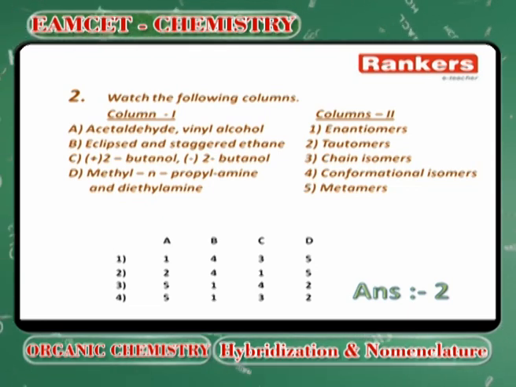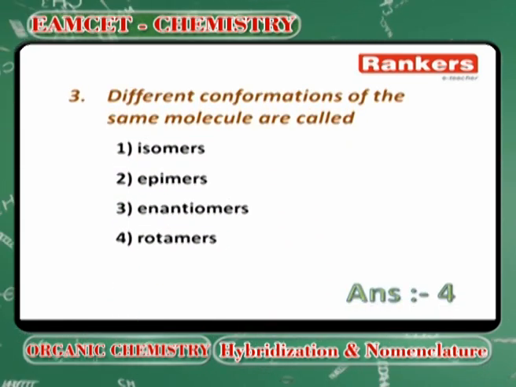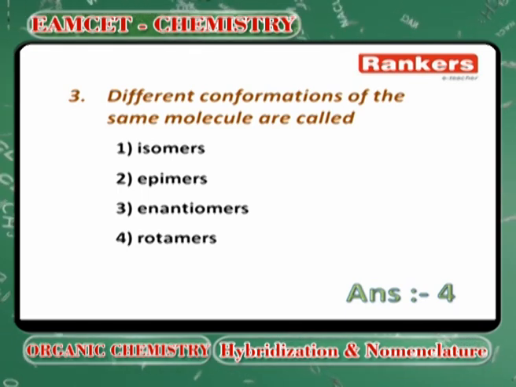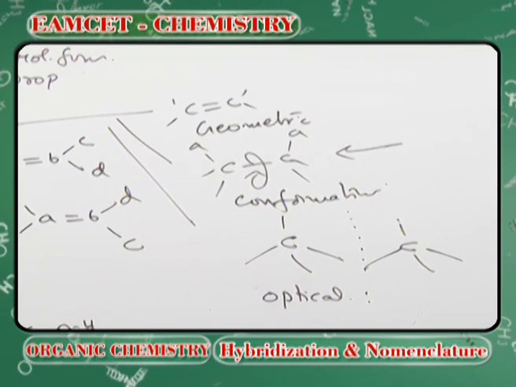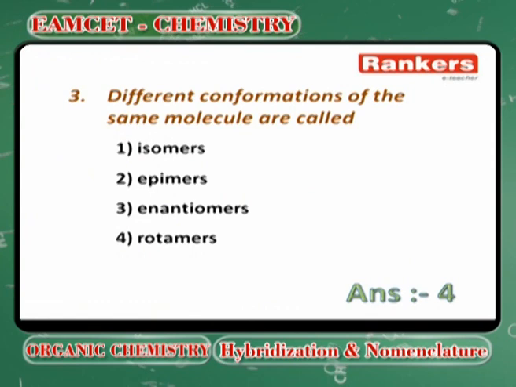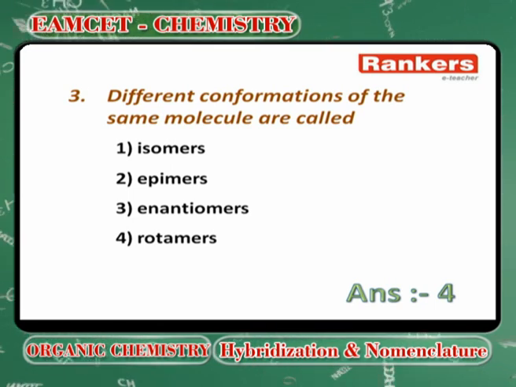Next, different conformations of the same molecule. Different conformations means what you get by rotation of the single bond. By rotation of a sigma bond, what you get is called conformational isomers or conformers. By rotating you are getting them, they also have another name called rotamers, therefore the answer goes to 4. Next,